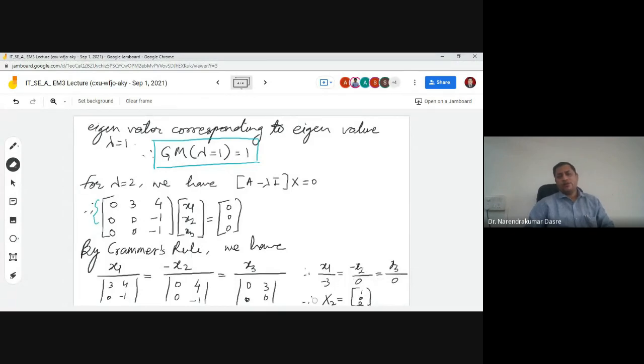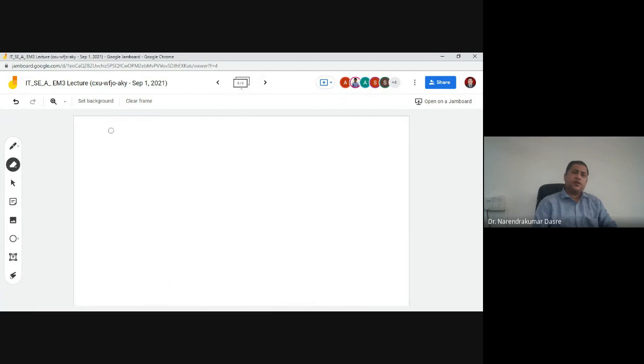So we can write x2 is equal to 1, 0, 0. So we got here 1, 0, 0 is the eigenvector